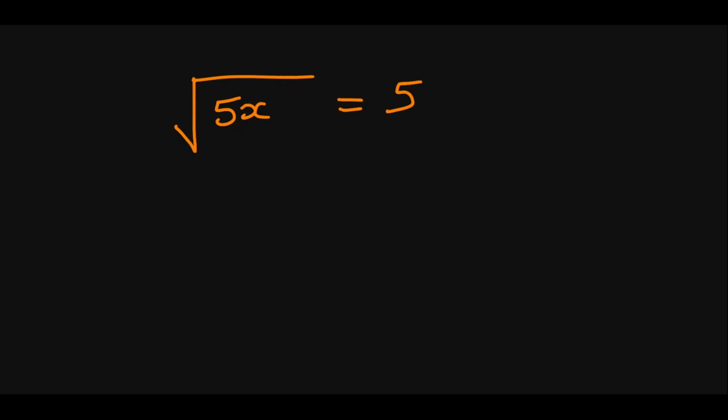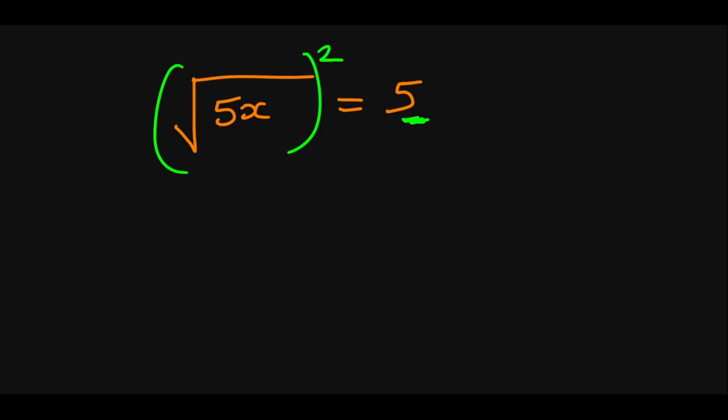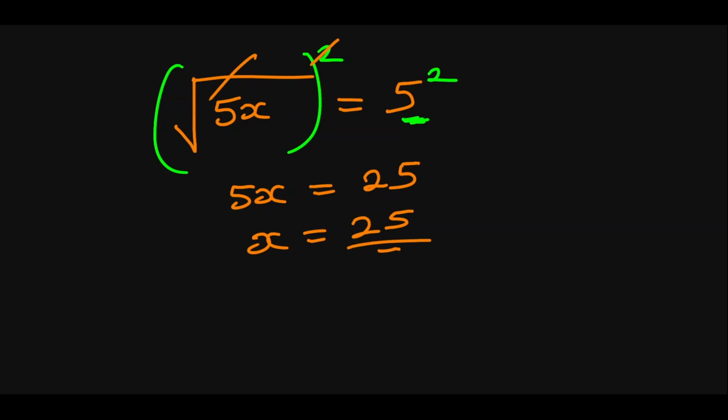In such a case, you want to remove the root first. We've been saying this from the previous lessons that whenever you see roots, the roots must go. Now, what is the way to remove this square root? Simple. By squaring it. If you square whatever is here, the square will cancel the roots. So that's exactly what you do. And since we are squaring here, we will also square this side. So that now gives us square of this and then 5 squared. So if we square this, the square will cancel the roots, and then we have 5x is equal to 5 squared, which is 25. Then if we do the same thing, x will be 25 divided by 5, and that is 5.